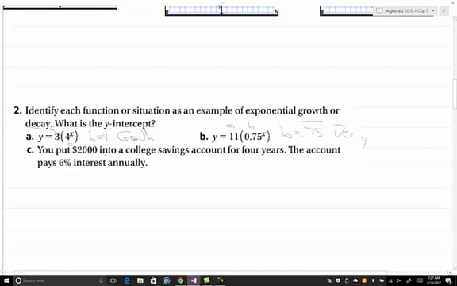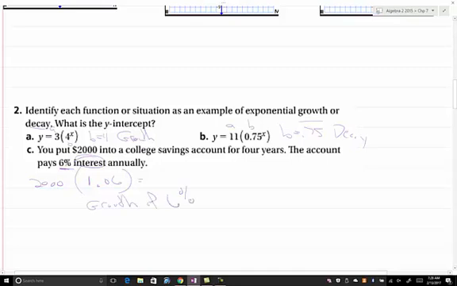We're going to put $2,000 into a college savings account for 4 years. The account pays 6% interest annually. We want 6% interest annually, so that is 0.06. Now here's the whole thing. Interest is talking about adding to a savings account. So what happens all the time is we're going to put 1 in front of that. If I want to find the actual value, which they didn't ask for here, since we want to put it into a savings account and make money, this is going to be a growth